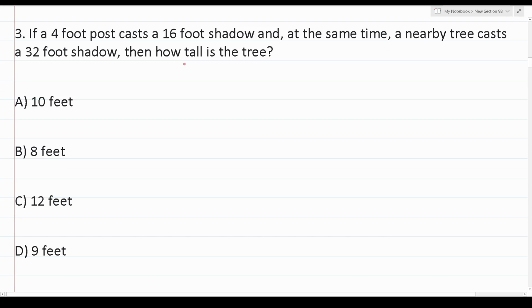All right, so number 3 here says, if a 4-foot post cast a 16-foot shadow, and at the same time a nearby tree cast a 32-foot shadow, then how tall is the tree? For problems like this one, it's always helpful to make a little sketch. Again, according to the problem, we have a post that's 4 feet tall, and it casts a shadow that is 16 feet long. Likewise, we're told that we have a tree that's nearby, and we're not told how tall the tree is. So I'm going to call the height of the tree X feet, but we're told, according to the problem, it casts a shadow that is